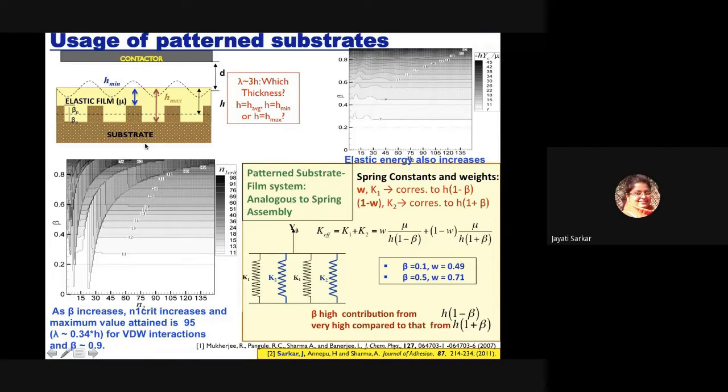That is possible. But in doing so, we can also see that the energy concentration, so the interaction energy required, is very high. That means that you have to bring the contactor to very low distances for this instability to be possible. So what happens actually in this type of patterned substrate? We can see in constellation, if I see these springs